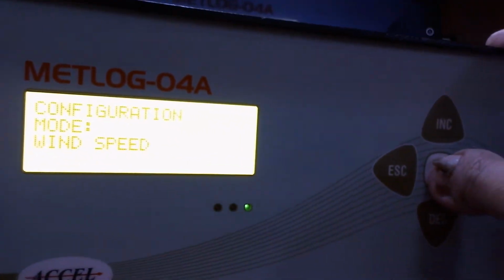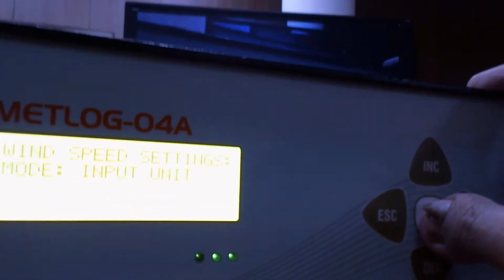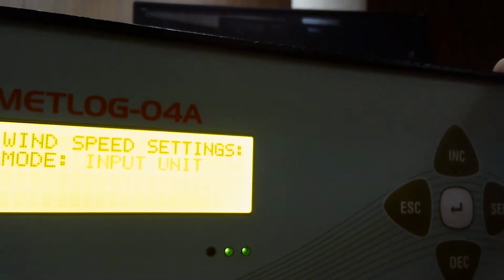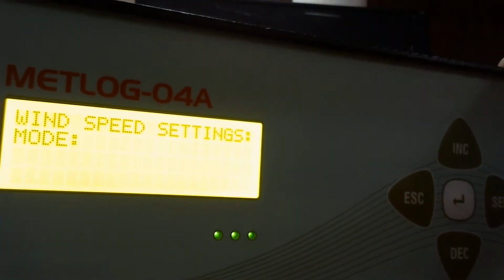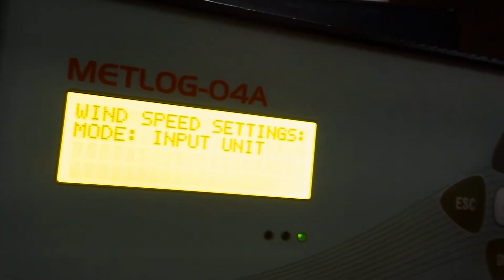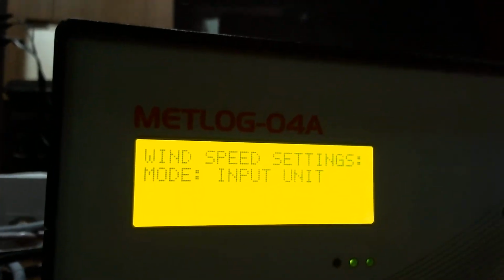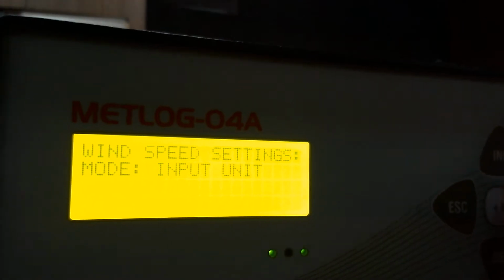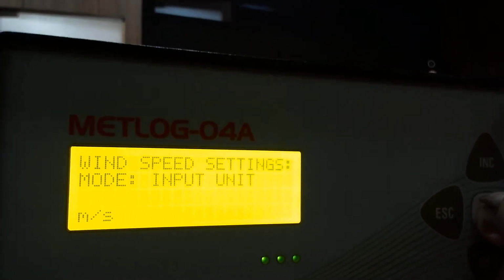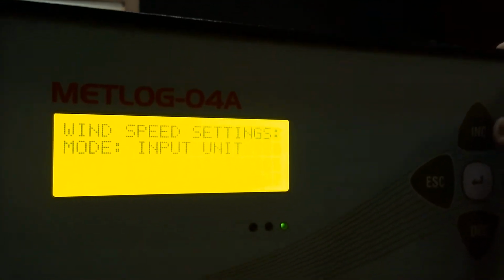press enter, then you see input type. So what is the input unit of the wind speed sensor? When we are using an optical anemometer, the input unit is in knots. But when we are using the ultrasonic wind sensor, the input unit is meters per second. To set that, press enter, then here it will display meter per second. If it is an optical anemometer, then you have to change it.